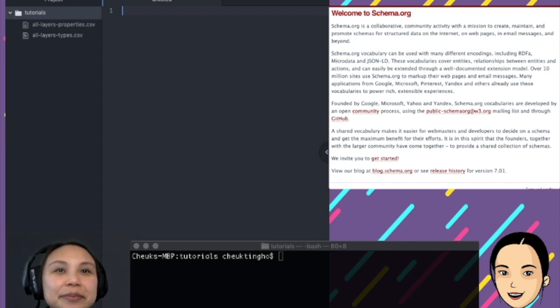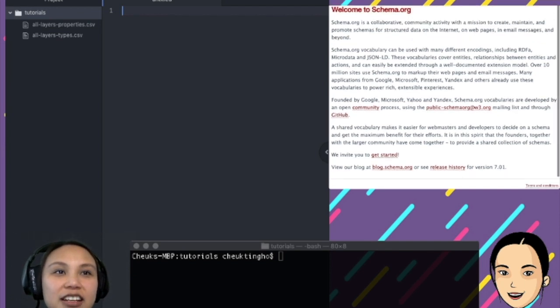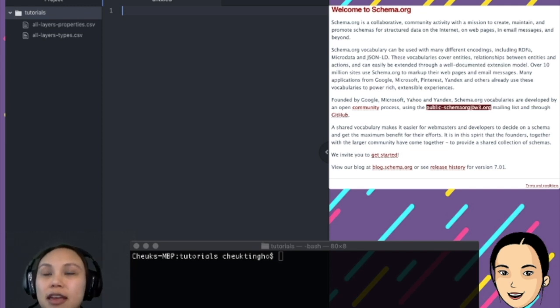Okay. So this is schema.org, and you can see that it's actually a very popular schema that is used by Google and lots of big giants. So what you can do is, if you build a website, you can tag your website using some markup so that Google, the search engine, will understand what it is reading from your website.